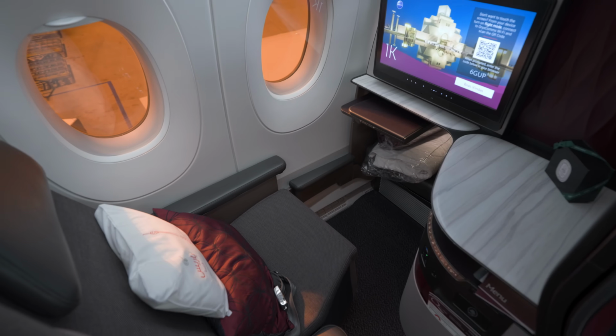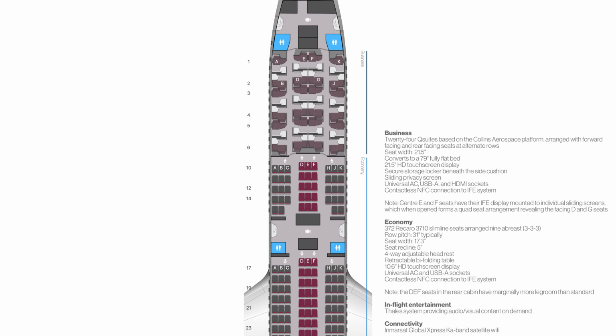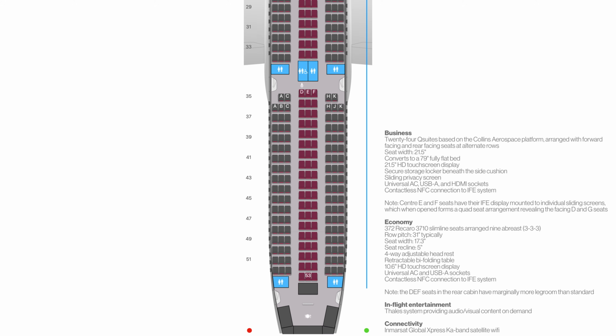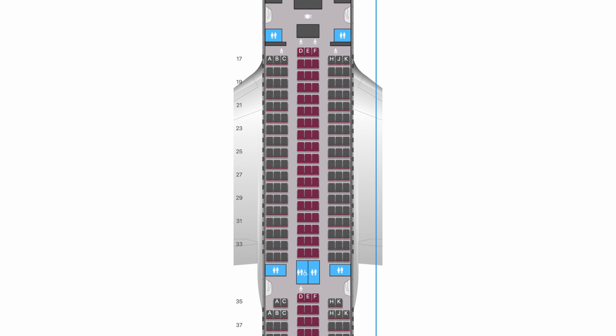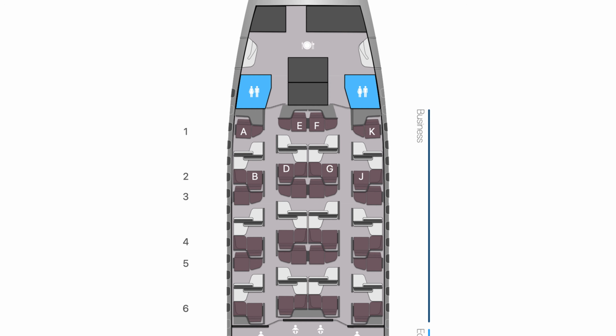Upon boarding, I was warmly greeted by a lovely crew and escorted to my seat, 1K. Qatar Airways A350-1000 version 2 seats 396 passengers, 24 in business class and 372 in economy class. Economy class seats are in rows 10 to 53, configured in a 3-4-3 layout, except for rows 15, 16, 35 and 53. The business class cabin features 24 Qsuites with forward-facing and rear-facing seats alternating throughout the cabin in a